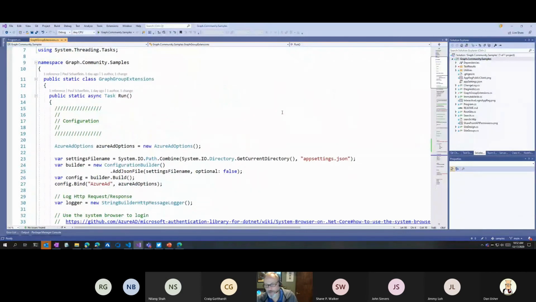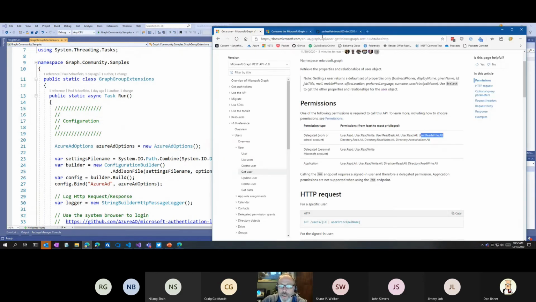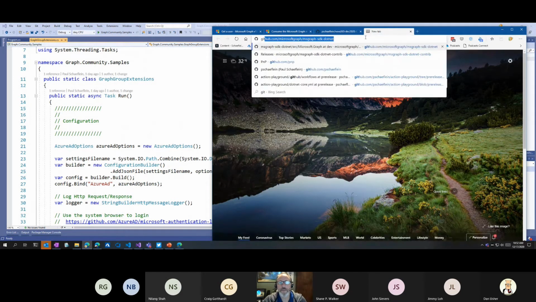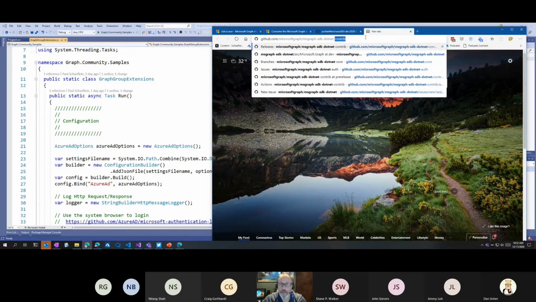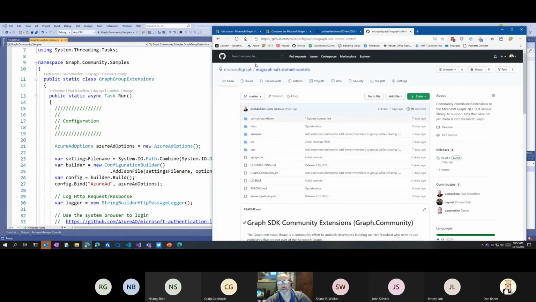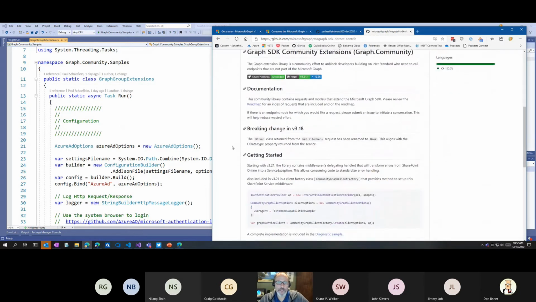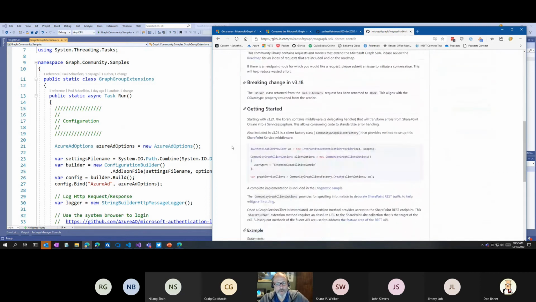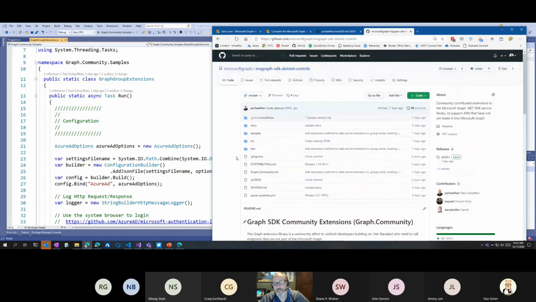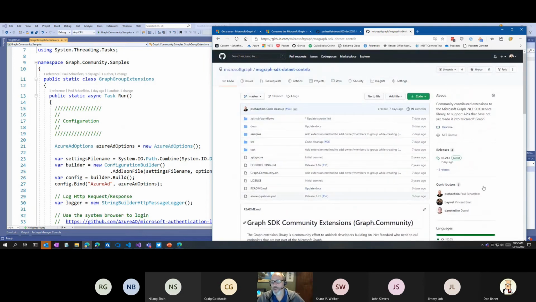And so this is a sample. Now this sample is part of what we call the Graph Community Library. I put that in my resources, so I will show that here. So it's GitHub, Microsoft Graph. I will make sure that my resources page has this link on it when we're done here. But this is the Graph Community Library. Now this started out with me writing some code that would call SharePoint from this, but it's been extended since then. So I'm going to show this to you here just because I'm using it.